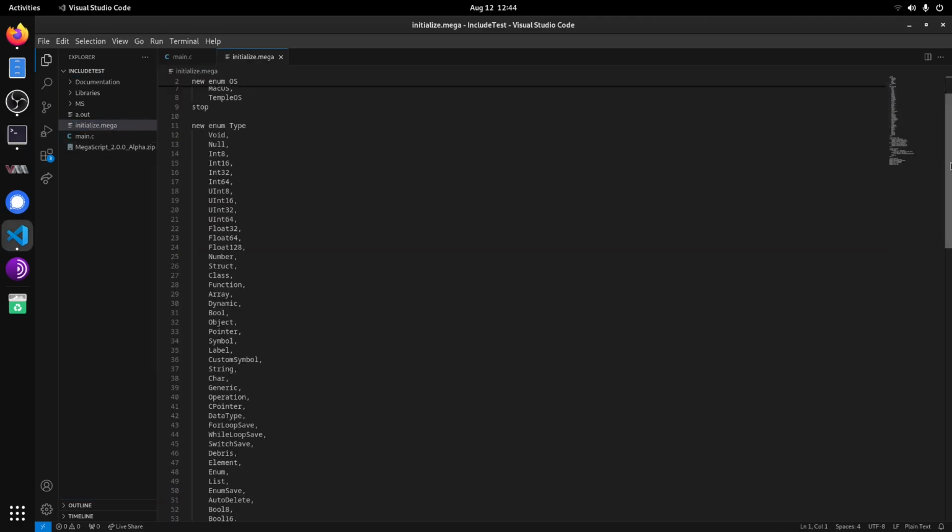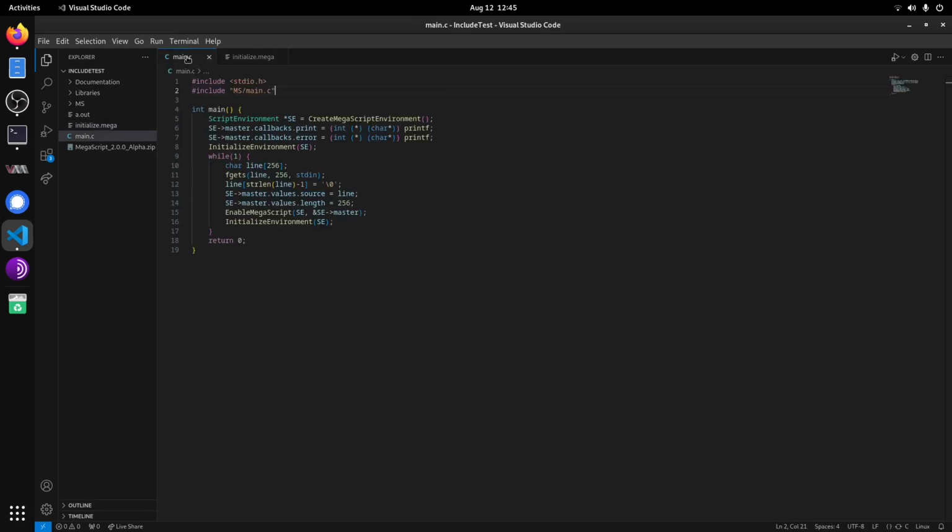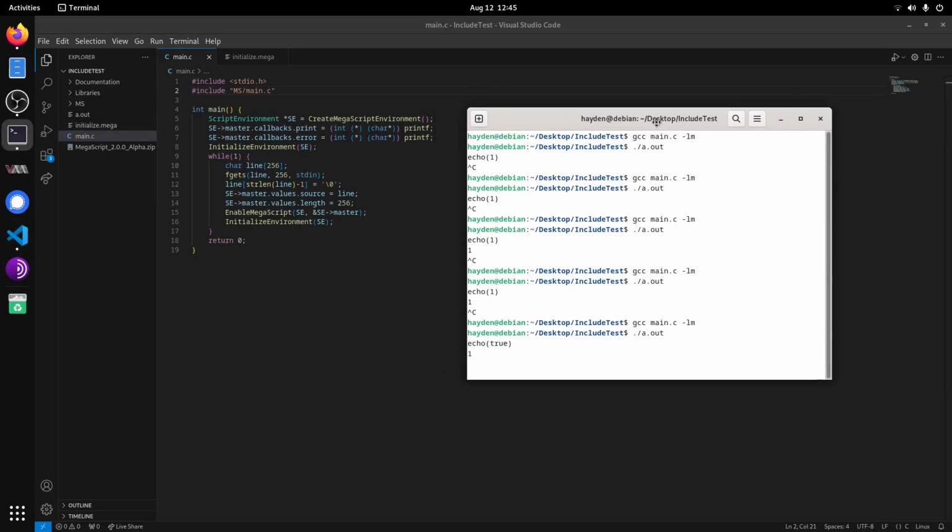If we go down here, as you can see, true is 1 byte that has the 1 value, and false is 1 unsigned byte that has the 0 value. So, anyway, now that that's working, let's go and